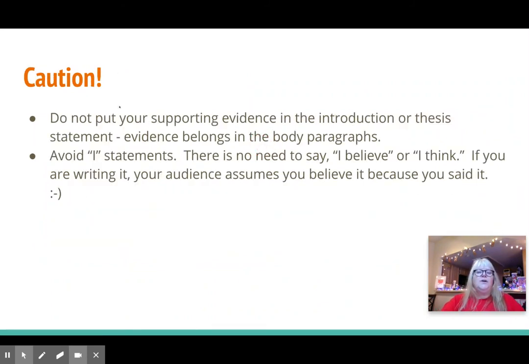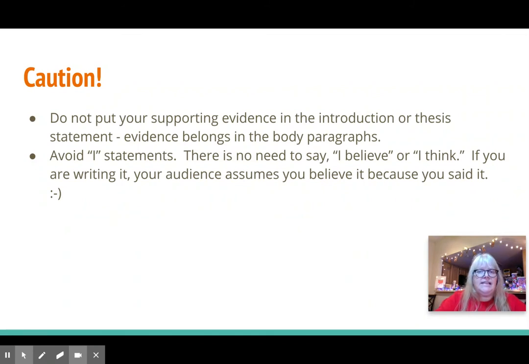All right, so be careful. Your evidence doesn't go in the introduction. It goes in the body. So this is not the place to get super specific. Also, you don't need to say I believe or I think. That actually weakens your argument, because as soon as you say, I think the author does,